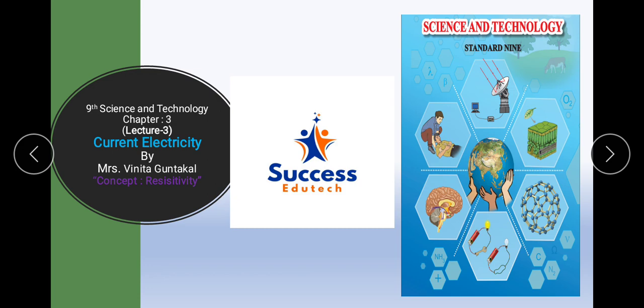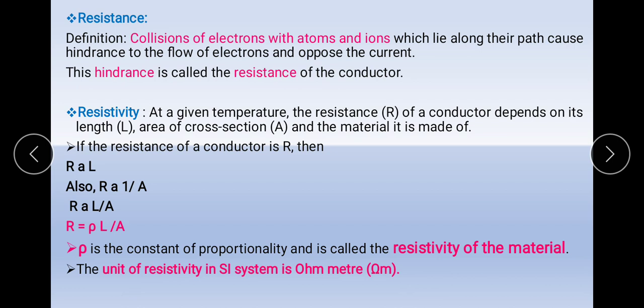Now you all are aware about the word conductor. Conductor is a material, mostly it is a metal, which allows free electrons to flow through it and hence lead into the flow of current, and that is how we get electricity. Everyone knows that the electron flows from the negative potential to positive potential, whereas the charge flows from positive potential to negative potential.